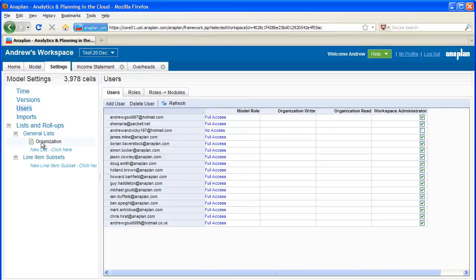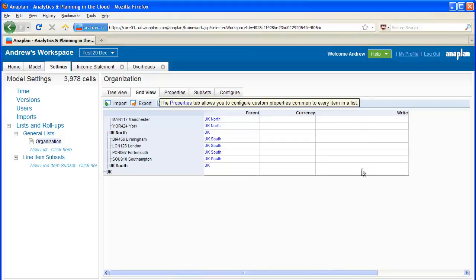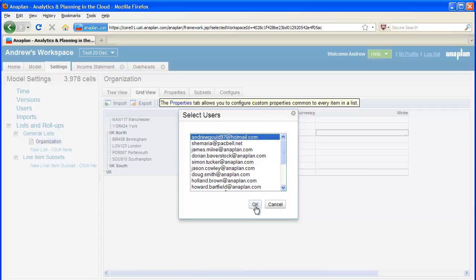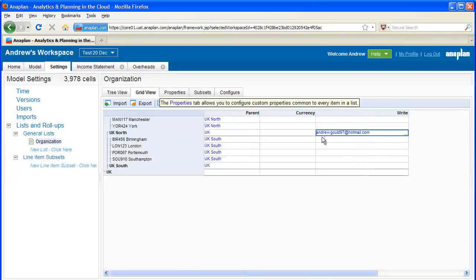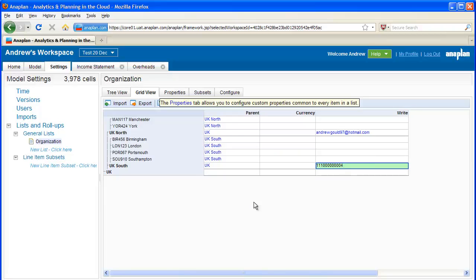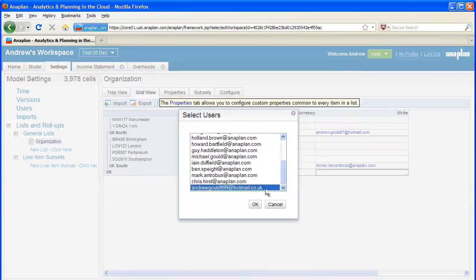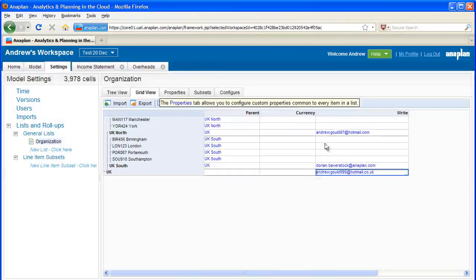I then go back to the organization grid view, and you notice an extra column has appeared here called Right. And in this case I can just go through and assign people to different areas of that module. So, for example, I've given this person access to UK North and all the cost centres that belong to it, and this person here I'm going to give access to the UK South, and I'm going to keep myself as having access to the grand total, so I'll be able to see everything in this entire module. So that's the selective access done,